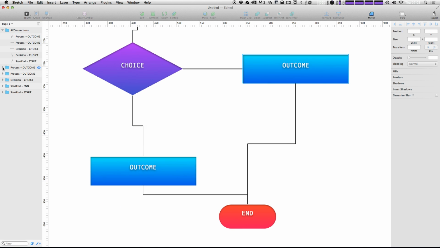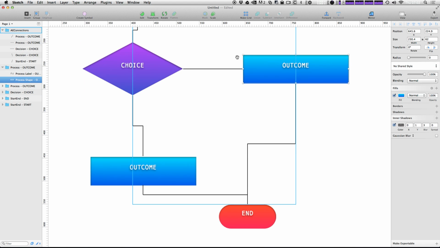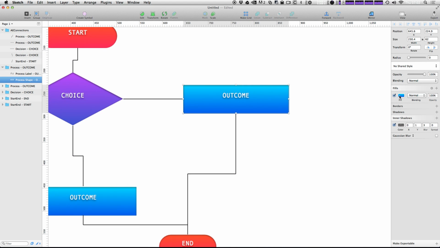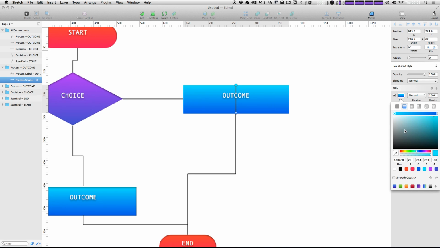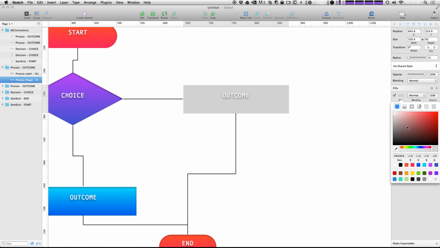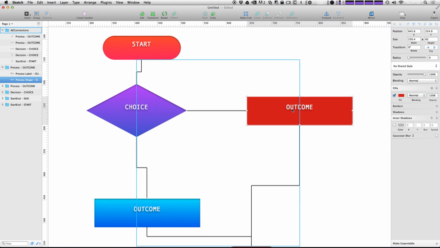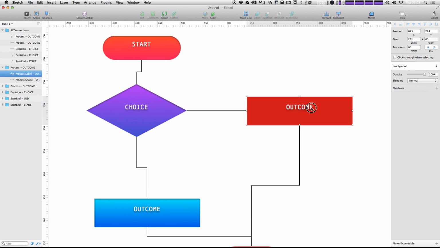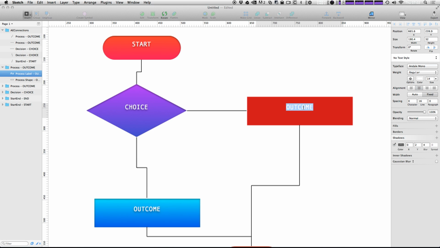So inside of all of these are different folders where we essentially just have a shape with a fill. If this gradient isn't doing it for you, you can just remove it entirely. You can turn off any of this stuff, and I mean, you can style these to fit whatever you're looking for. Now this text again is just a text layer, so we can change the font, the shadow, or anything like that. It's essentially just drawing these connections to different nodes for us. It's not anything that's perfect,